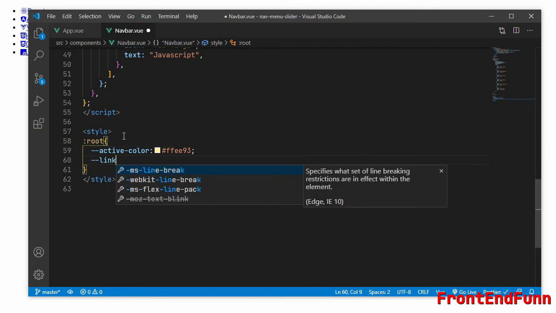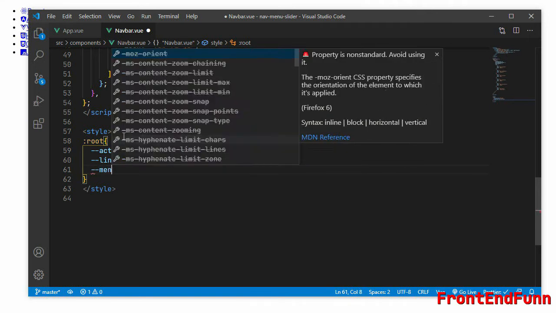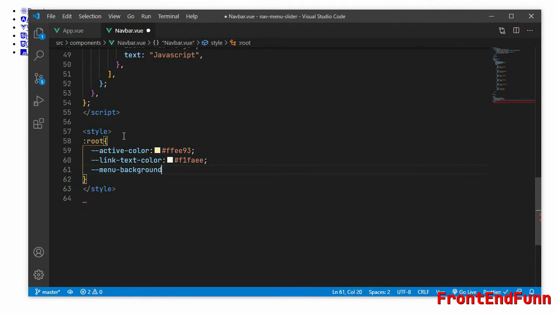And link text color, this is the default color for the link text, F1FAEE. And for the menu background color, 1D3557, and active background color, this is for the link, 132238.